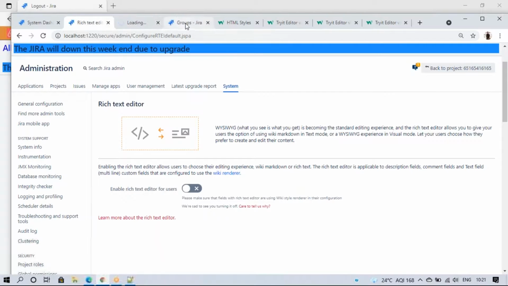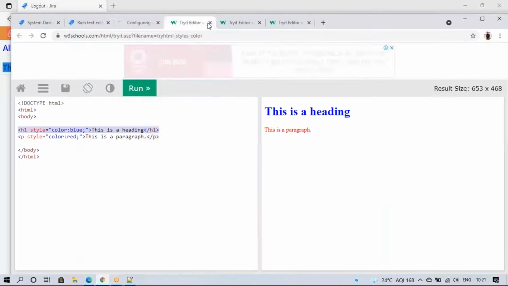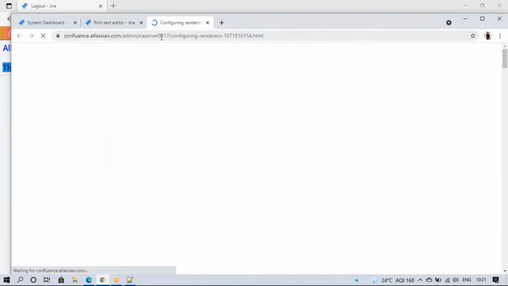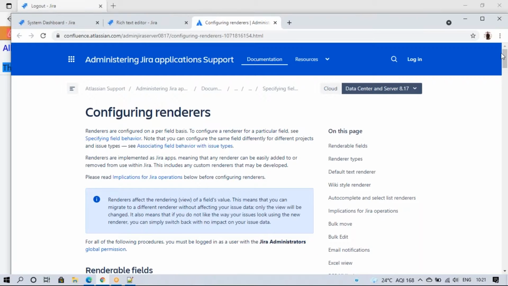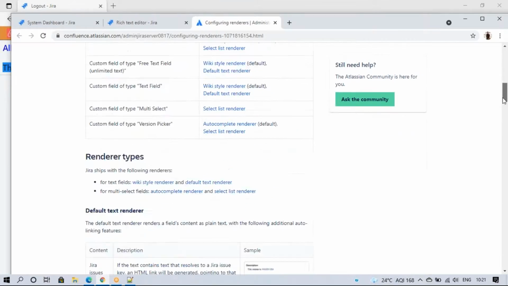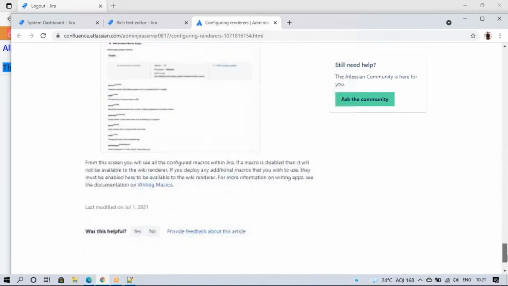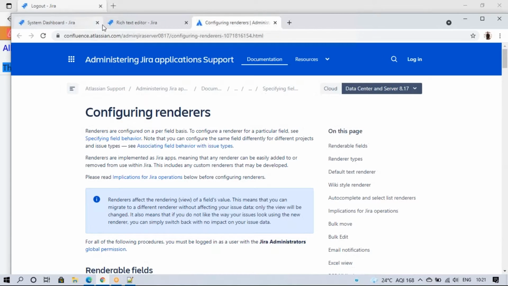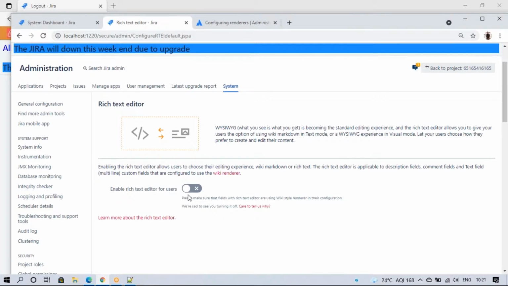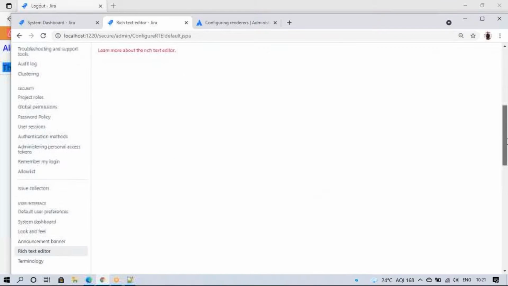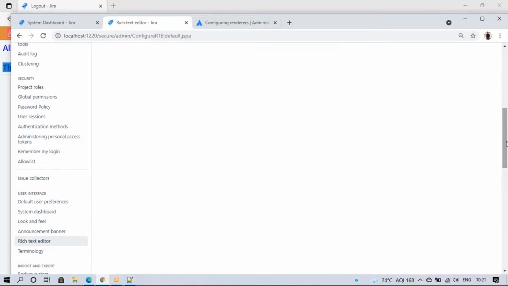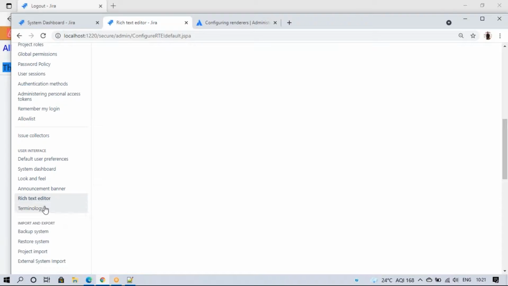The wiki renderers will be accepted in many places in Jira. But when we turn this on, this code will be accepted in custom fields and those. By default it will be on, but don't change anything here.